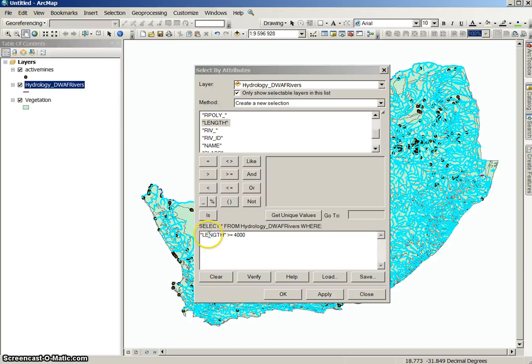Now say I want to select all the rivers that got a river segment of bigger than 4,000, but I also want them to be perennial rivers. Then I need to use a combined query that I write here. So what I'm going to do is now I want to use the class field as well. Alright, so they need to be longer than the 4,000, and